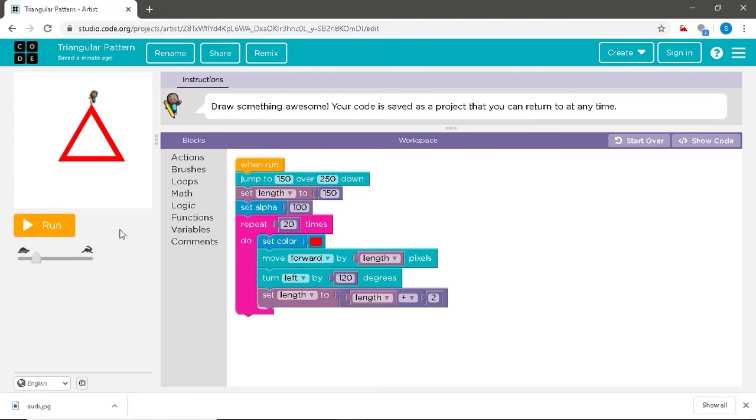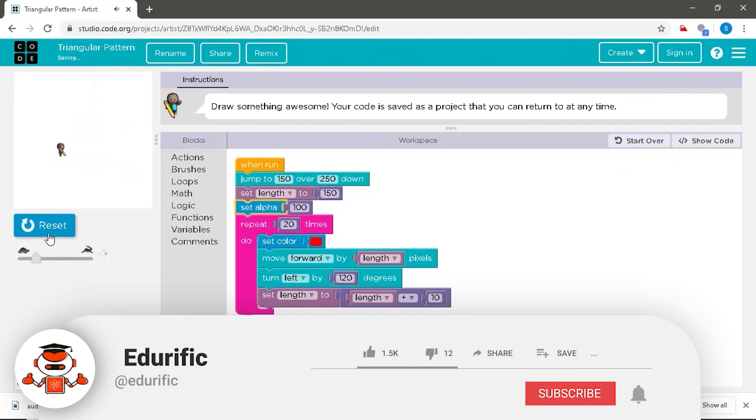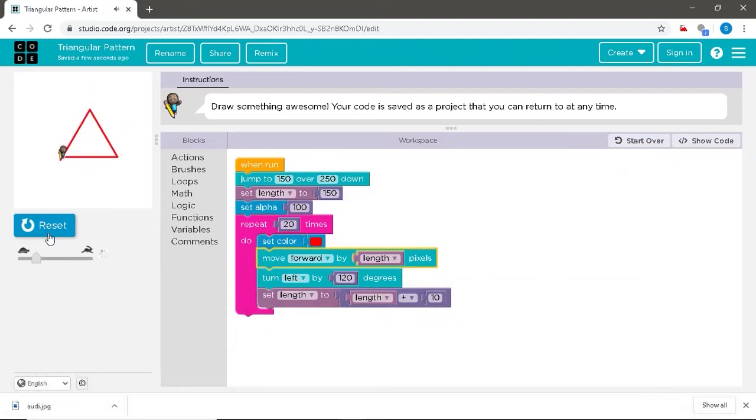Instead, if we change our value to about 10, and now run the code, we will see the first triangle is created with 150, the second triangle is created with 150 plus 10, which is 160 units, the third triangle is created with 160 plus 10 units, which is 170, the fourth triangle is created with 170 plus 10 units, which is 180 units, and so our pattern is thus happening.